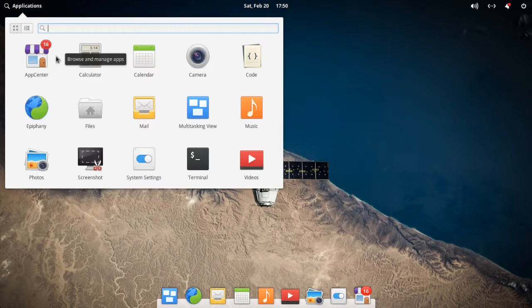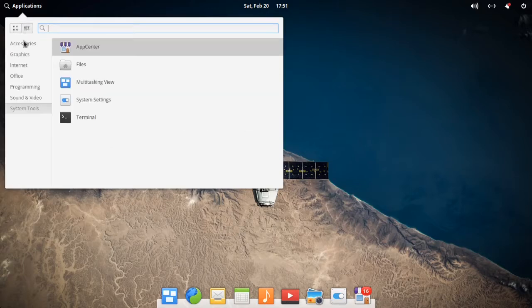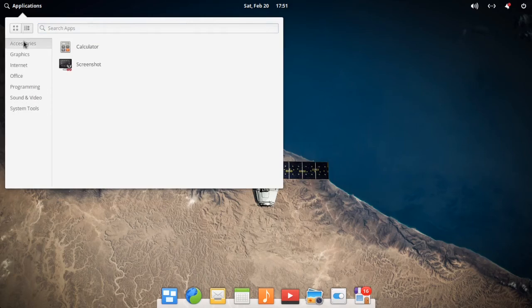More GNOME-ish, and it spreads out not all over the screen like GNOME does, but it's still sort of like, you go through here and see what programs they have on here. Now, one of the things I mentioned on this is that there's not many programs listed here. You got calculator, screenshots, graphic, photos, you got Epiphany, mail. Epiphany, I've never really used that browser before. But Office, you have a calendar, that's all you got there. Pretty bare bones